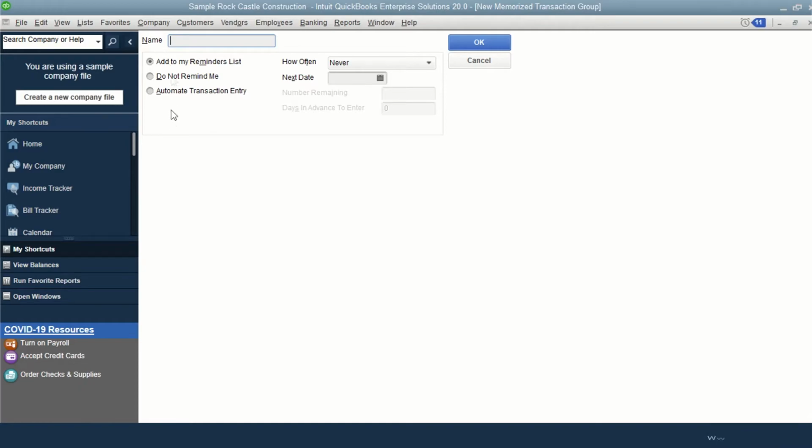As you can see, there are 3 types of recurring transactions. So we will start with the Add to My Reminders list. So you just have to put the name of this reminder of this group,